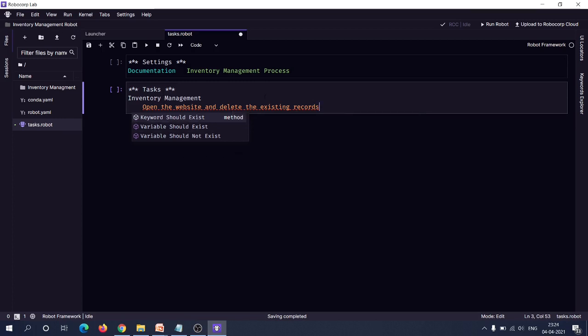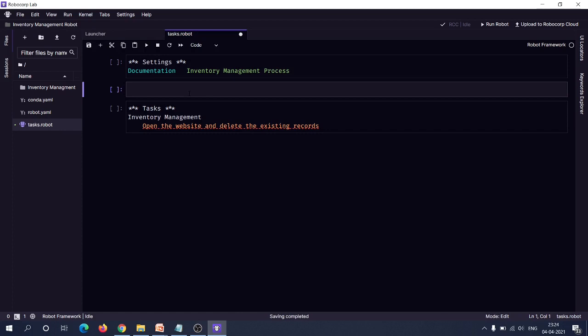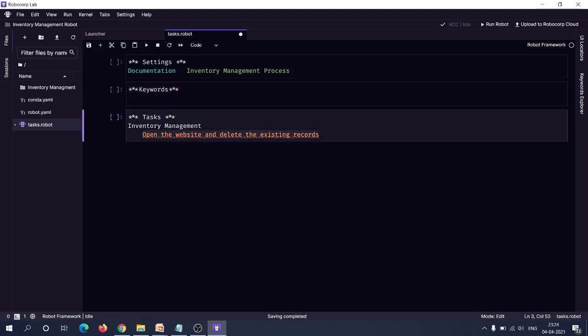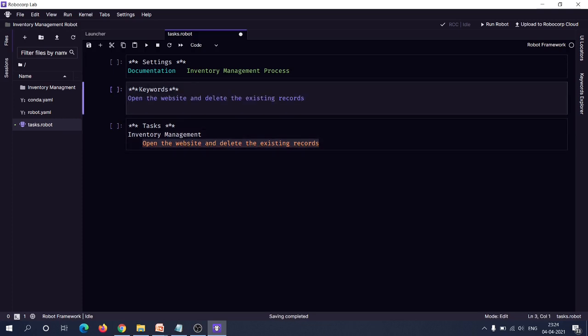Now you can see that there is a red line on our step. So it implies that our keyword is undefined. So we have to define this keyword. For that, we can create a keyword cell to define this keyword. Let me just create a keyword cell. Yeah, and just copy paste this keyword name. Now we have to add some functionalities to this keyword so that whenever the robot calls this keyword, the robot should open the website and delete the existing record by clicking on the delete all button. So for that,